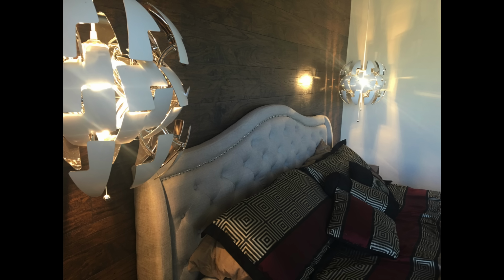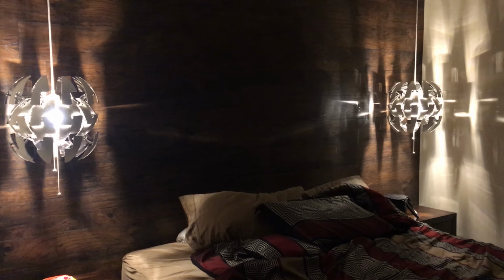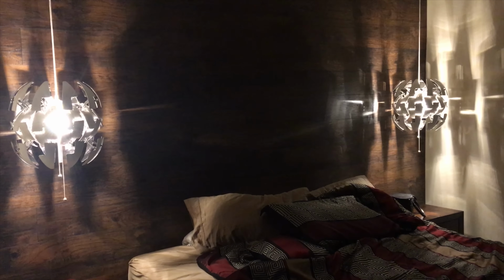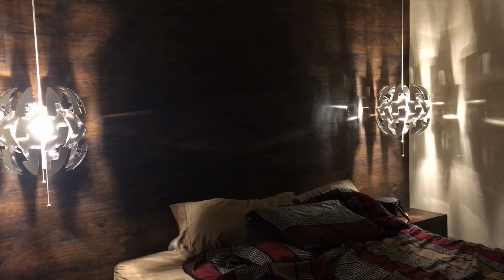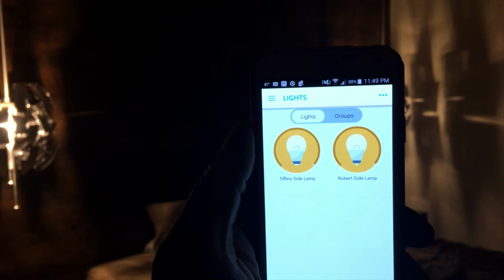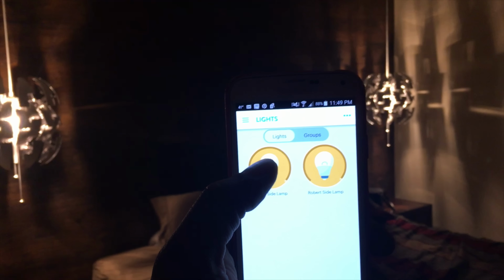And then here's a video of me controlling it through the phone. Okay, a little DIY I did in the past, but finally got the lights connected. And you probably can see right here, so my wife's side, Tiffany,